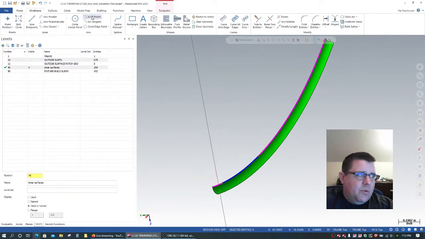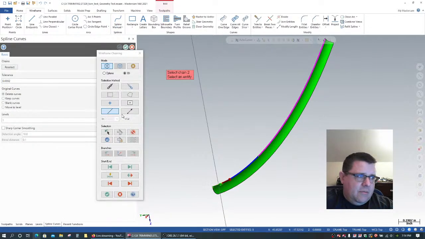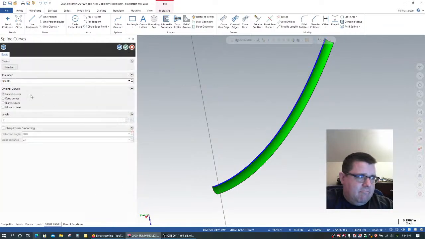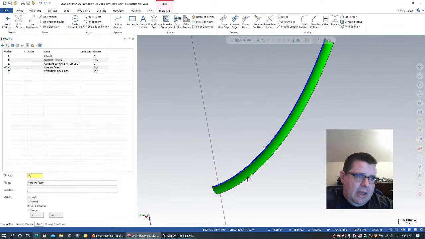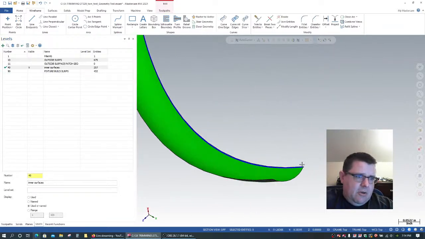I'm going to go in here and choose spline from curves. Let's do unselect, full chain, and grab the whole thing. Say OK. And now